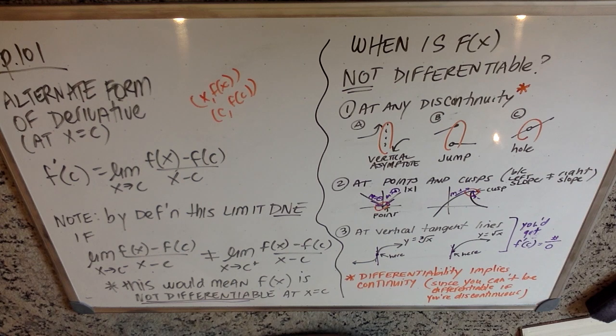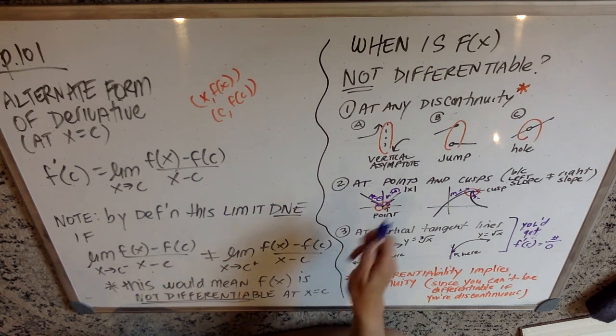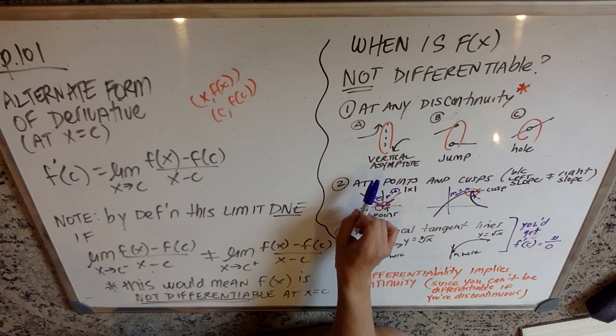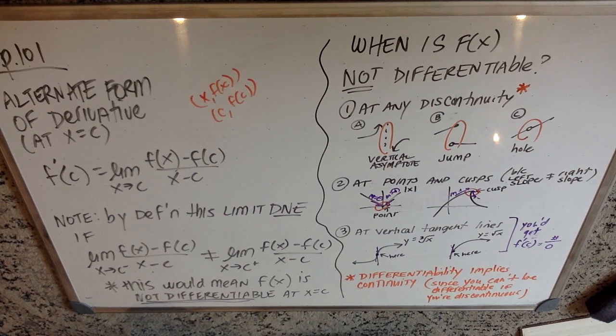One other note about differentiability. Differentiability implies continuity, because you can't be differentiable if I had to lift up my pen. So if I say that f of x is differentiable for all x, then that implies it must also be continuous for all x, because discontinuity is a deal breaker for taking a derivative, right? You cannot differentiate at a discontinuity. So if I say something is differentiable for all x, that implies that I'm also telling you it is continuous for all x,